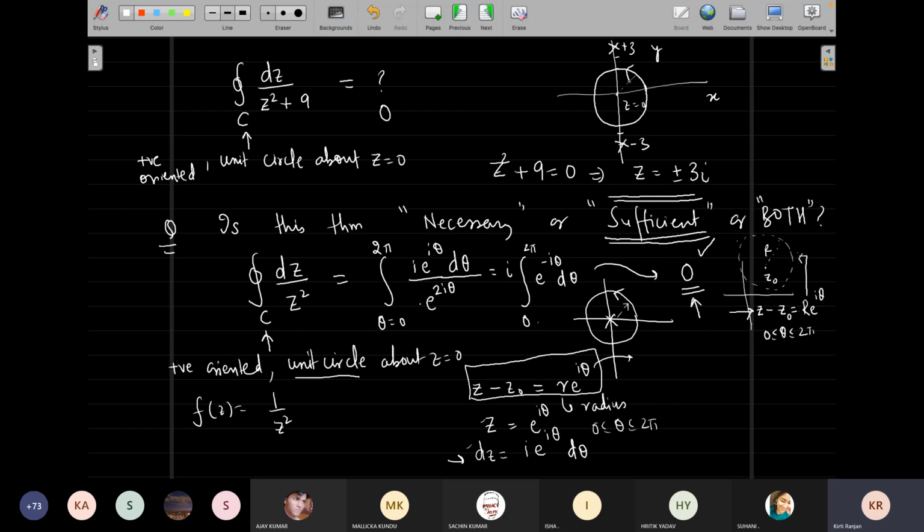Do you want to know more than that? I would request you to go back and look at your BSc level complex analysis book. This is a very simple definition of the circle: z minus z naught is equal to r e^(i theta). Sir, I haven't studied this equation for a complex circle. You haven't studied it, so just go back and find it. In case you do not find it, I will. But you take all the z's, whichever are there, and this will give you this circle equation, r e^(i theta).